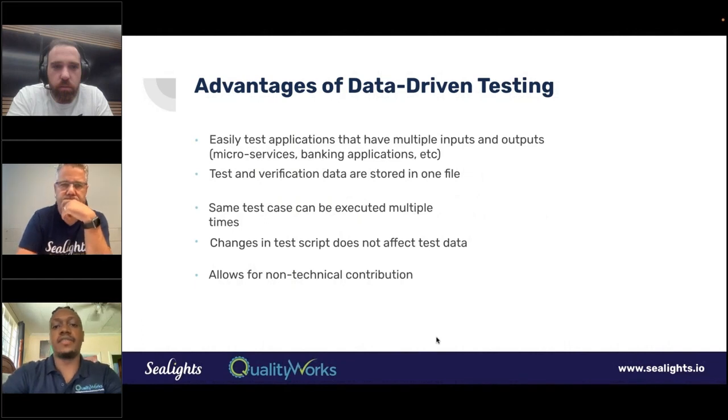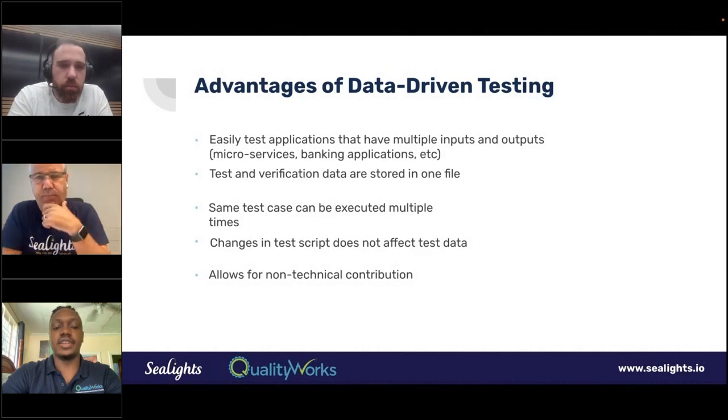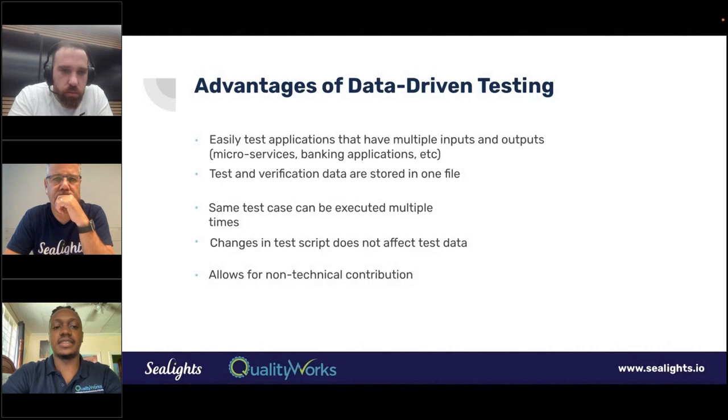So what are some of the advantages of data-driven testing? You can easily test applications that have multiple inputs. So you can look at microservices. These are your APIs. APIs are much easier to test compared to end-to-end or functional tests. A lot of it is very repetitive. So rather than hard coding how you want to test your APIs, you can use a data-driven approach to test more